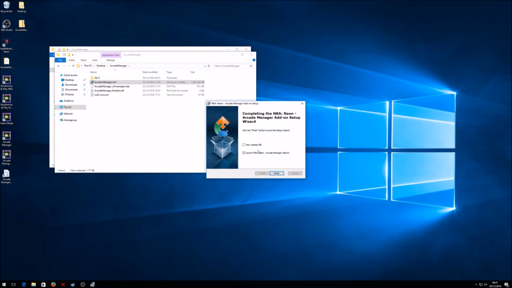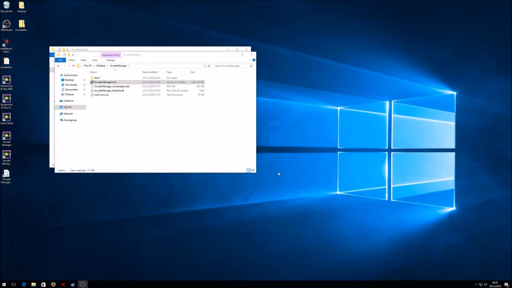So here they are, they're now being generated. List of different files, different options for running the tool. What I would recommend at this point is to uncheck that box and just finish the install process. Now this is important because if you run the add-on at this point in time, due to a recent update in NewRetroArcade, you actually have to set up the light gun cabinet in order to make this work properly. So you just click finish, and what we'll do now is we'll actually open up